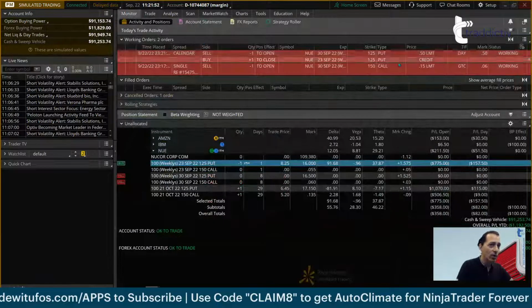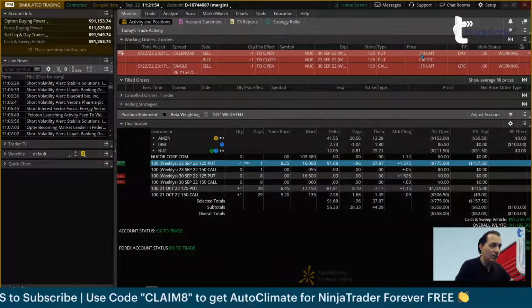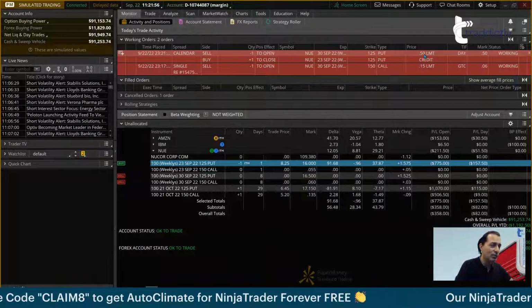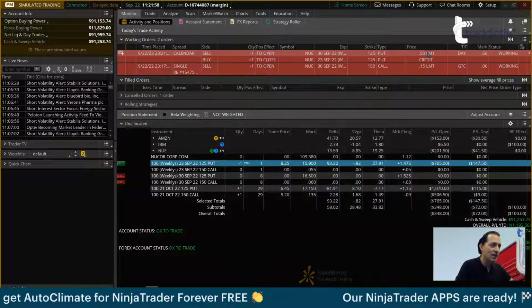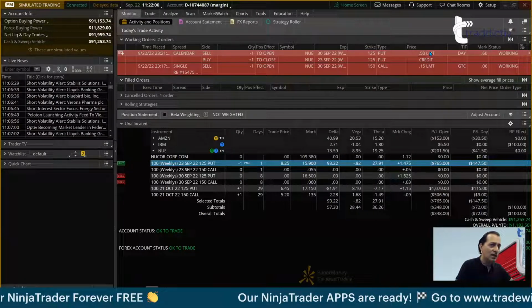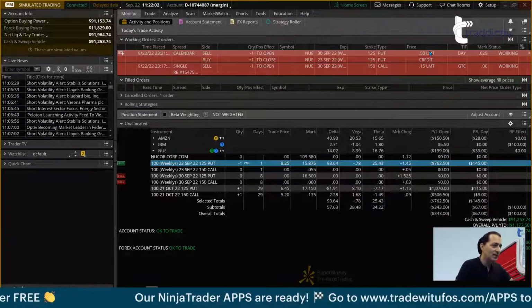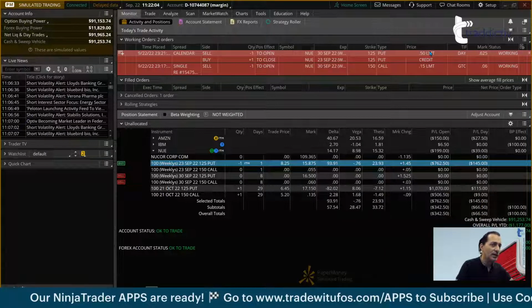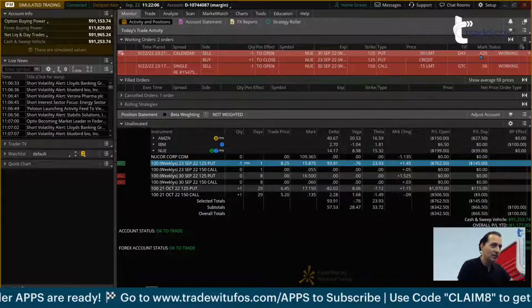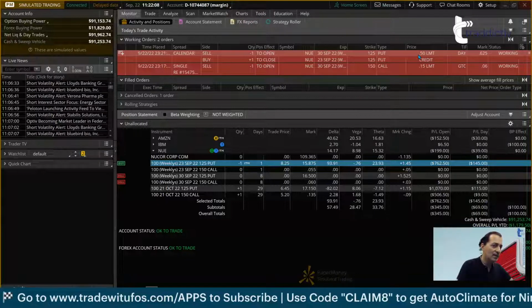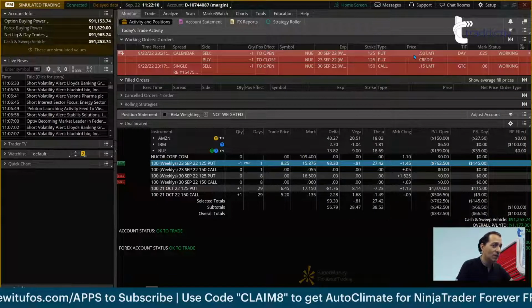In the real world, this is a trade where you probably need to go a bit more generous than 50% of the range, because being so far out of the money, I mean, the current price was 109. This is the 125 strike, so liquidity is not going to be the best. And even though it seems that the mark is 62, notice that even with 50 cents, I'm not being filled.